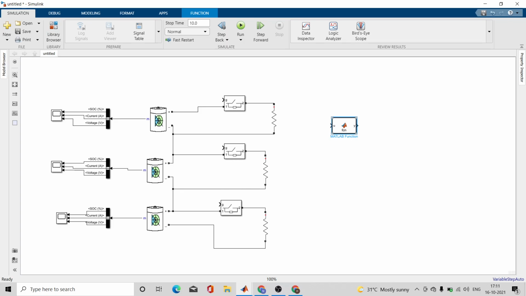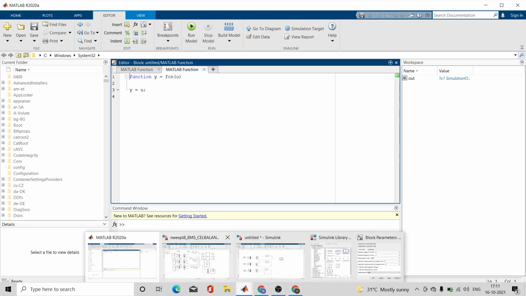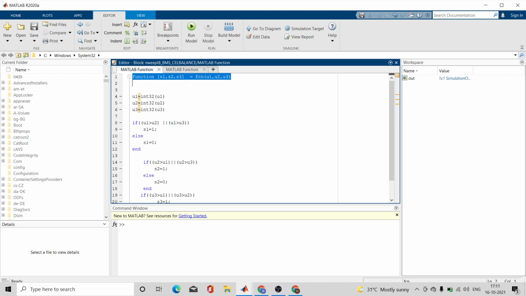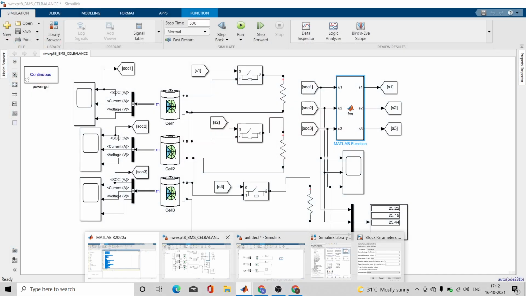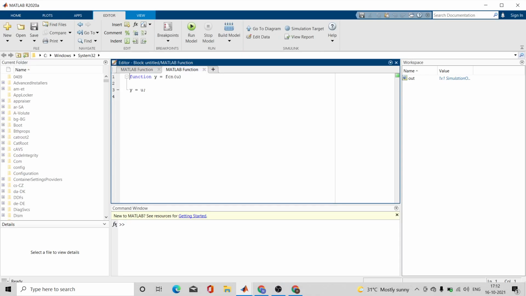So in the MATLAB simulation, I will have to create a function. I will show you the function that is there in this MATLAB function. I will copy this function, because if I start writing it, it will take a lot of time. So let me put this in my MATLAB function.